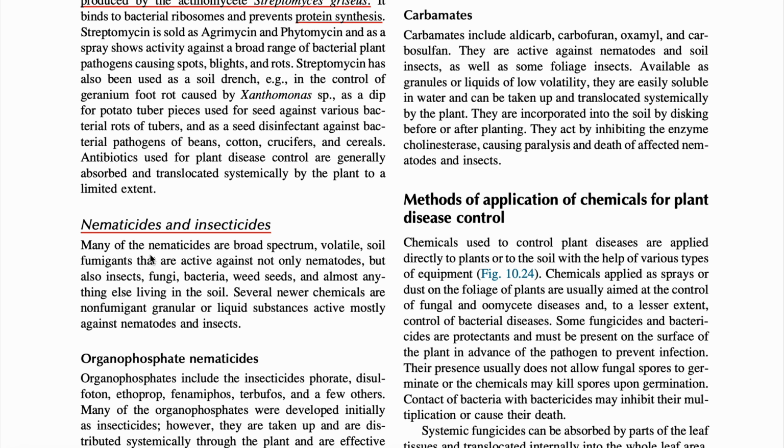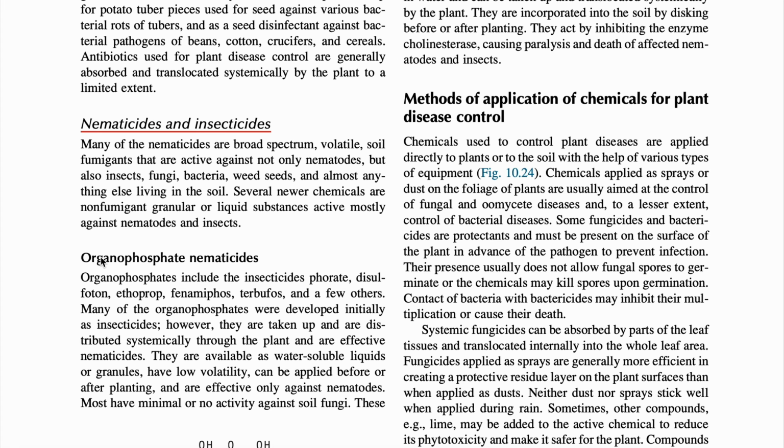Next, coming to nematicides and insecticides. Many of the nematicides are broad-spectrum volatile soil fumigants that are active against not only nematodes but also insects, fungi, bacteria, weeds, seeds and almost anything else living in the soil. Several newer chemicals are non-fumigant, granular or liquid substances active mostly against nematodes and insects. Under this, there come organophosphate nematicides,